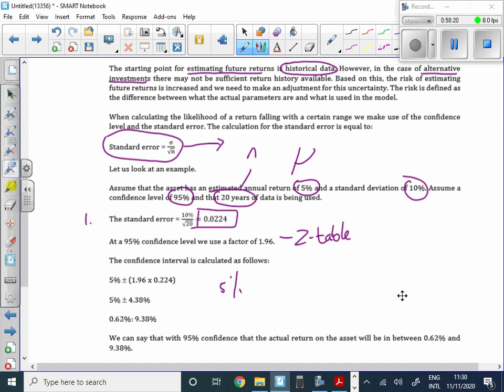Now, why don't I just use that 5%? Well, I can't. I could only use that 5% if that was the exact answer, but it's not the exact answer because remember, I didn't have all the numbers. I had insufficient return history, so I worked with what I could. So I came up with a 5%, but I've got to give myself a bit of a range to work within because I'm not working with exact numbers. So I take 5%, and now let's introduce my range. How do I introduce a range? I go plus or minus what? My Z factor of 1.96 times the standard error of